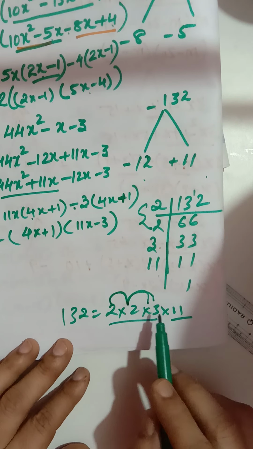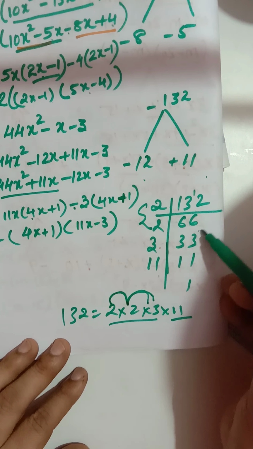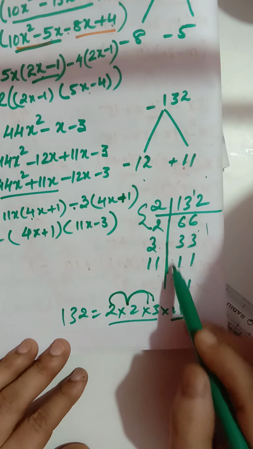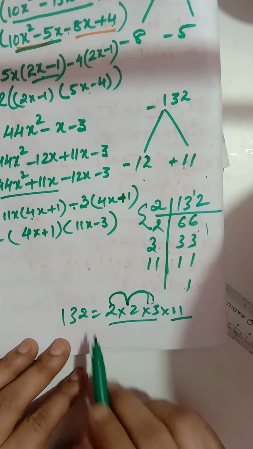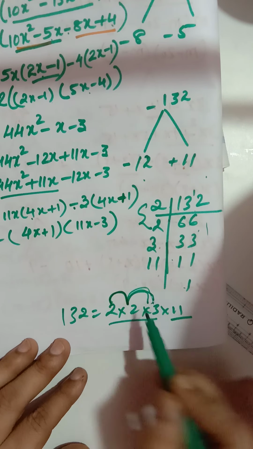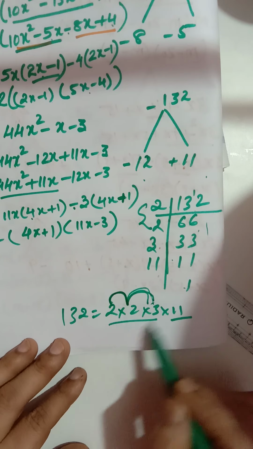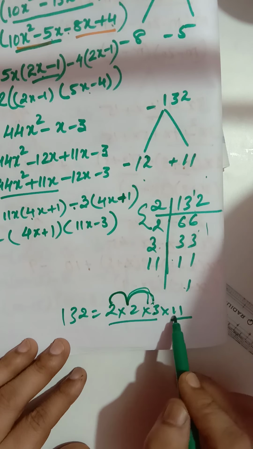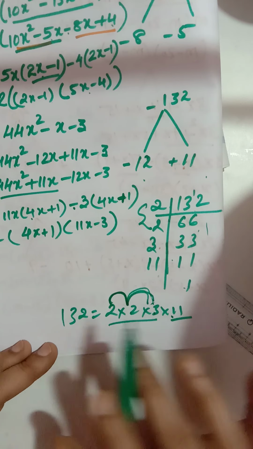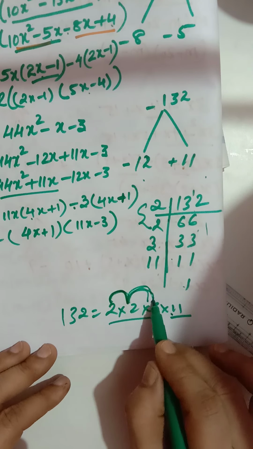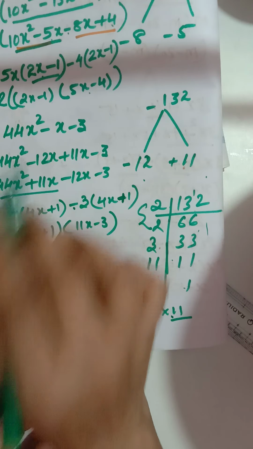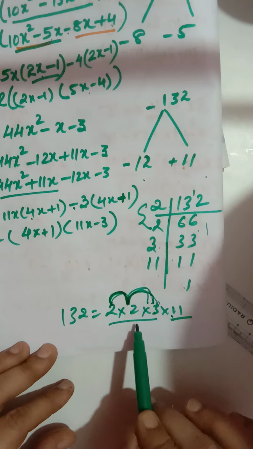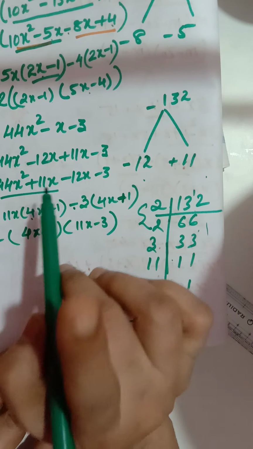So this way children, any number you can find the factors easily. It becomes very easy, you just have to adjust. It is not necessary that you follow this one sequence. Sometimes you have to combine the second and third, and first and last will be one pair, like that. So this combination, children, you have to combine as per your middle term, that is the sum. Here it was very simple, 2 2s are 4, 4 3s are 12, 12 and 11, because my middle term was only 1.